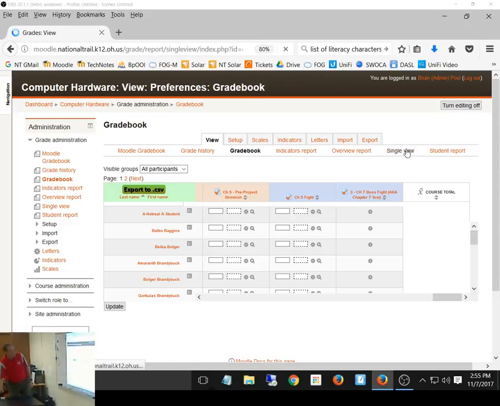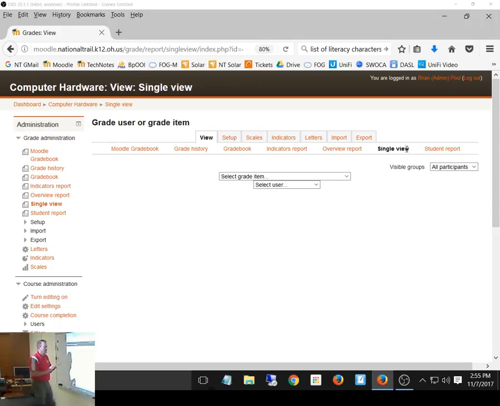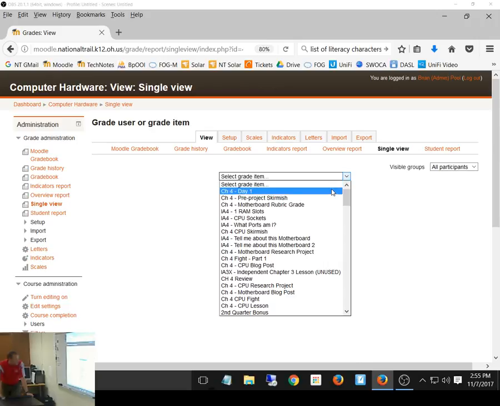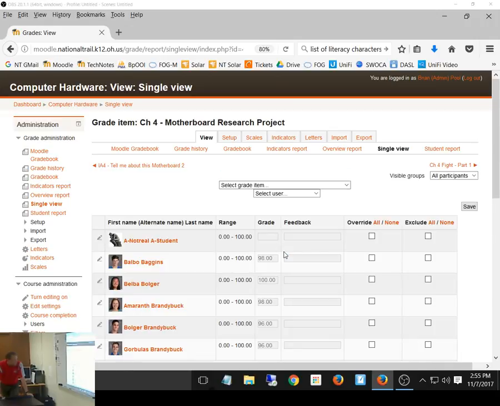So when I go to single view, basically it lets me pick either a single grade item or a single user. And the only reason I would ever use single user is if I want to check on how a student's doing on everything. Grade item. So I'm going to do the grade item. I'm going to go to the project that we're doing right now, which is in order of how it's showing in the gradebook. It's not alphanumeric in any way. This is the way things are in my Moodle gradebook right now, the order they're in, and the one they're doing right now is the motherboard research project. So if I pick that one,